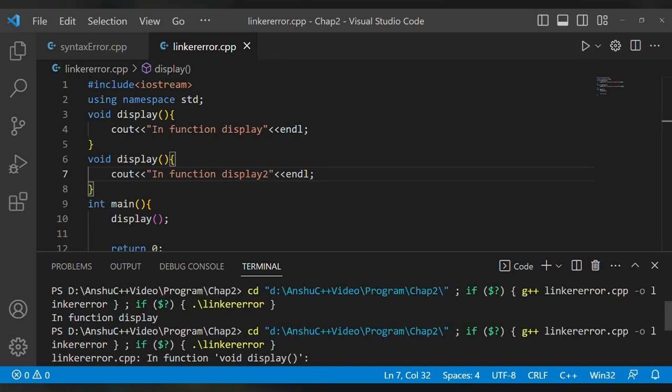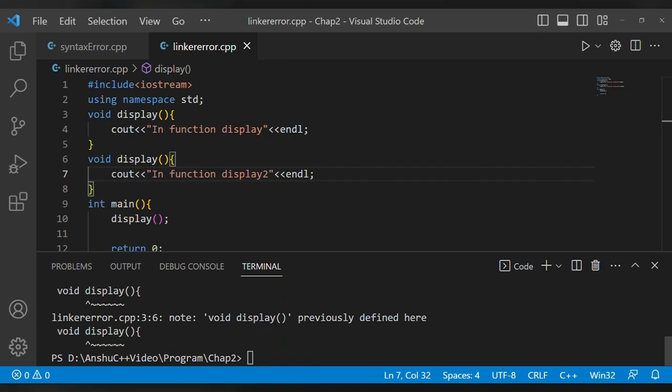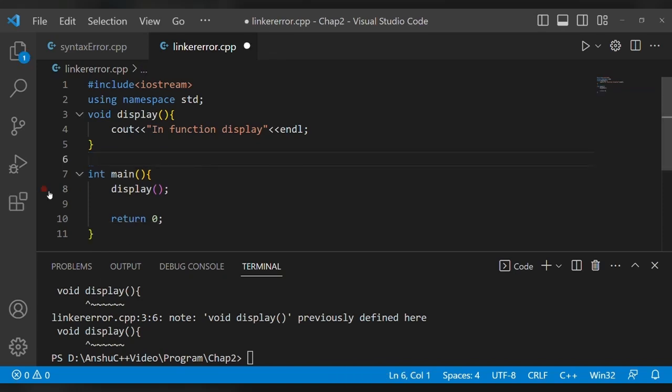Now it is showing me some error, and this error is that it is previously declared. So this is also a linker error because it could not find to which function it should resolve. And it is not always that we declare two functions in a program, but to actually see what happens,